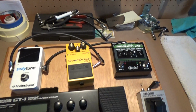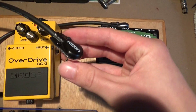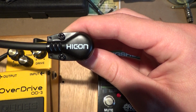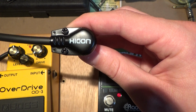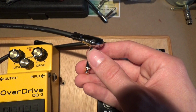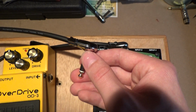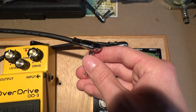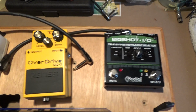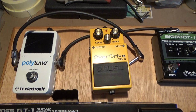I've made 2, which is just your basic standard patch cables, and I bought these Hicon plugs from Thomann in Germany, and the reason I bought those is because these are called pancake flat plugs, so they don't really take up a lot of space like your normal angled plugs or straight plugs would do. And I'm kind of satisfied with the purchase of those,